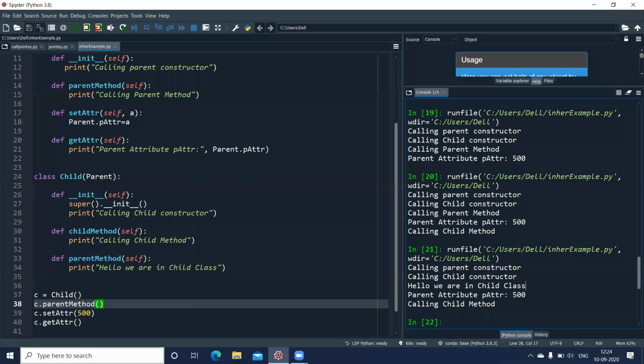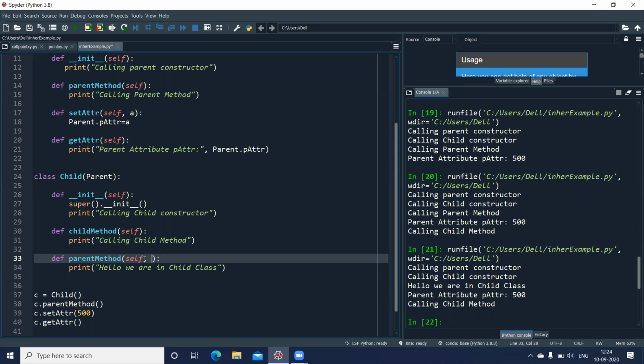Whereas if I give one more parameter here, let us say I give something here, say str equal to some value. Let us give a numerical value. If I do this, and now I make a call to the parent method, which one will get executed now?